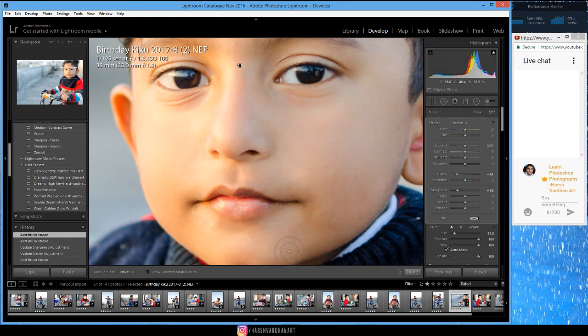And as you can see right here on the chin or over here, wherever I am painting, it is smoothening this skin. Okay,